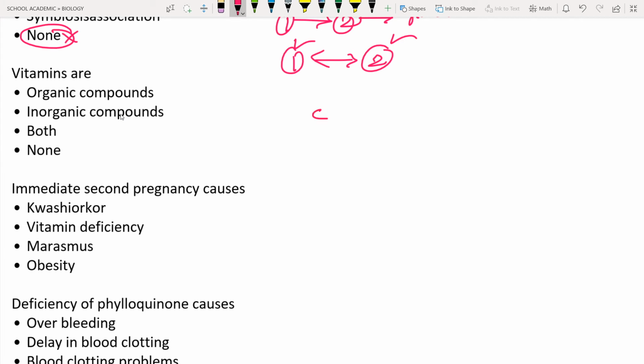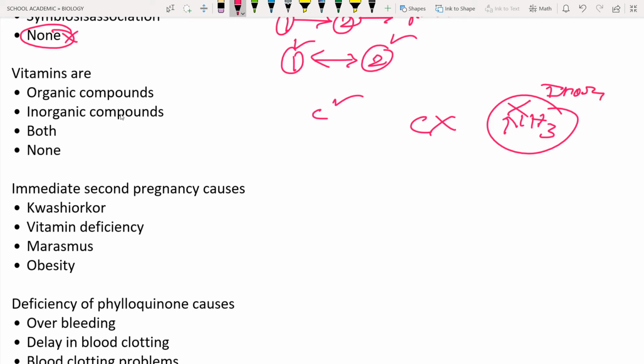If any chemical compound contains carbon, that is known as organic, and if any chemical compound contains any element other than carbon, that is known as inorganic. It means in inorganic compounds you don't see carbon. Example, NH3, ammonia. Do you see any carbon in ammonia? No carbon in the NH3 molecule. Hence this is known as inorganic.